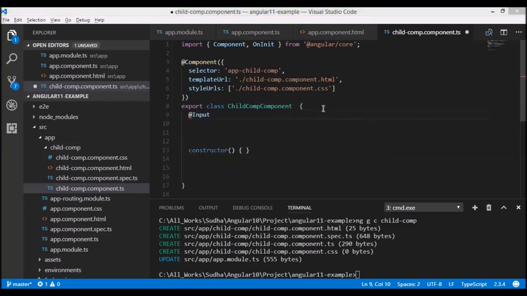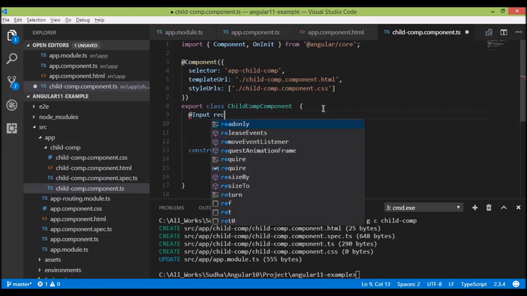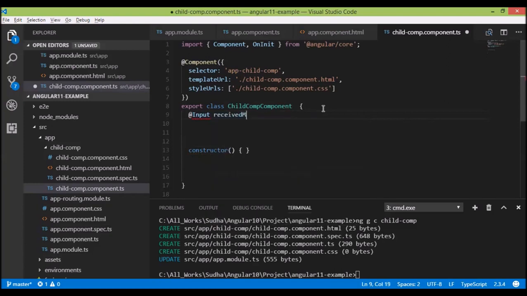Some variable, I want to receive the value in this variable. So I'll write received message. Received message, and it is of type string. Initially the message is blank. Now to use this input decorator, we have to import this thing. So I'll write input.